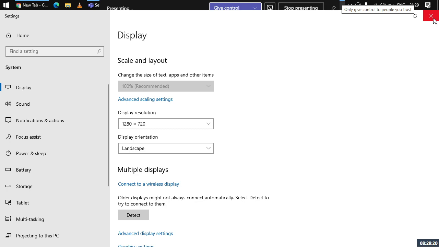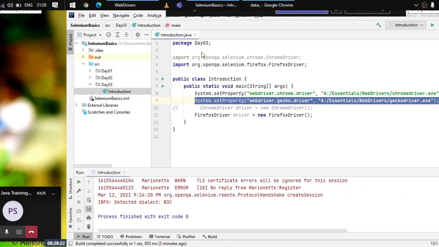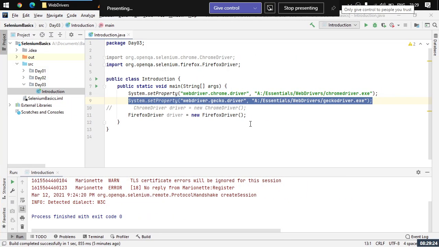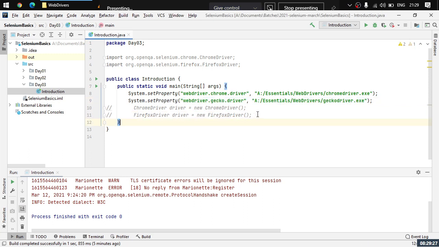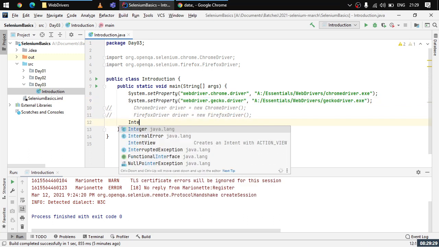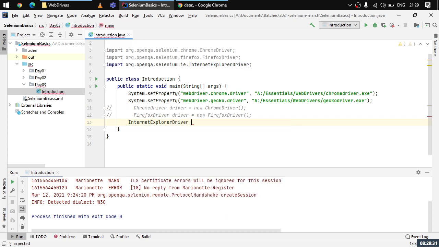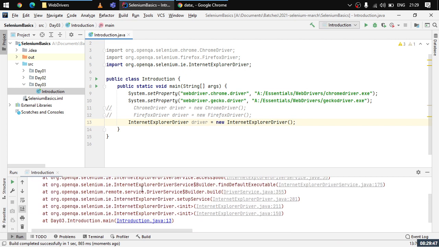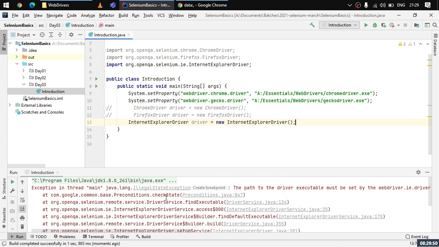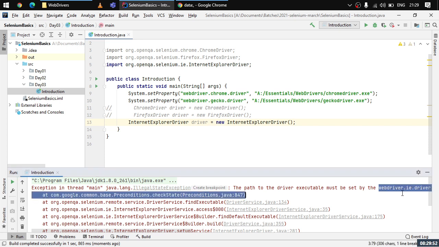Now once this setting is done, you can fire up the code for opening Internet Explorer. Let me comment out this particular line. Now for Internet Explorer, say Internet Explorer driver equals new Internet Explorer driver. Remember, I have downloaded the driver executable but have not configured it yet, so here we are getting the same exception. Now here the property is